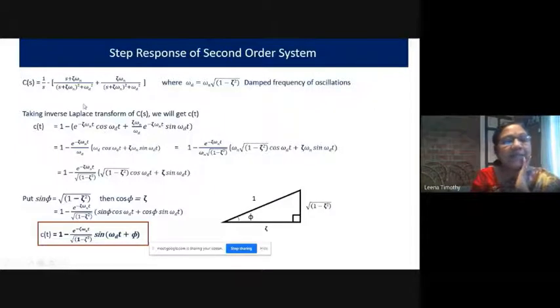You know how this was obtained, right? This is cos: s divided by s square plus omega square. So cos omega d t, and s plus theta omega n, therefore e raised to minus theta omega n t. This term is like this, and here there is no s in the numerator, so we can add omega d in the numerator. So sin omega t is equal to omega divided by s square plus omega square.